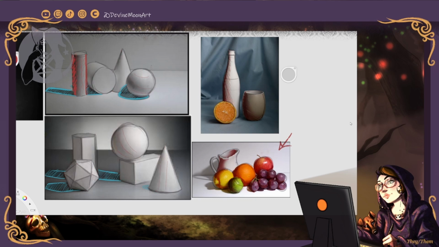Now you have the basics of shading. Again, this is very specifically with these kind of easy still lifes, where everything is pretty round, spherical, cylinder-esque. Going in with the details usually becomes easier once you have all the shadows. I forgot to do the shadows behind it, but I had said before that